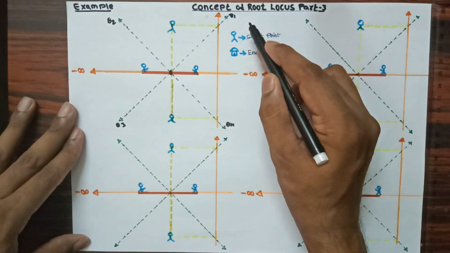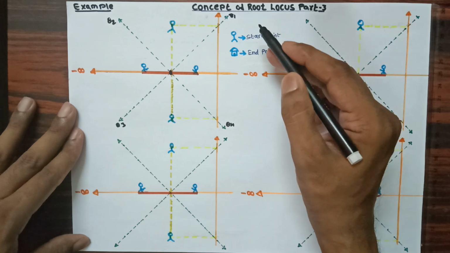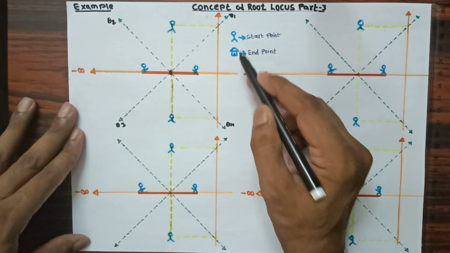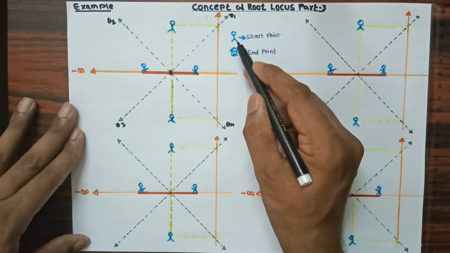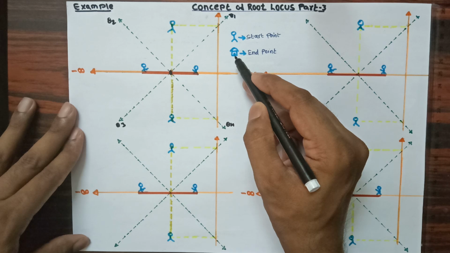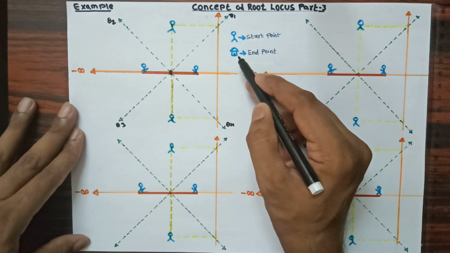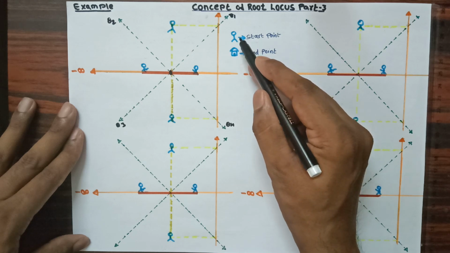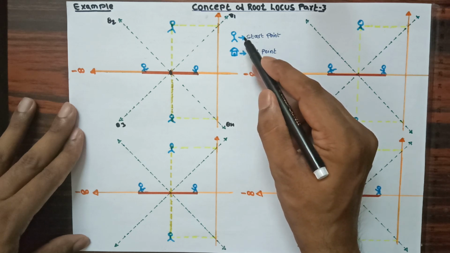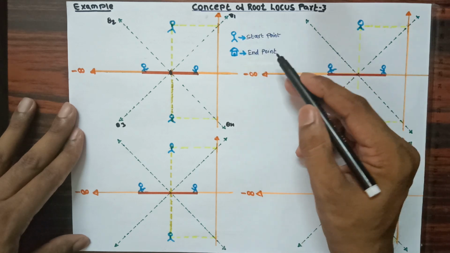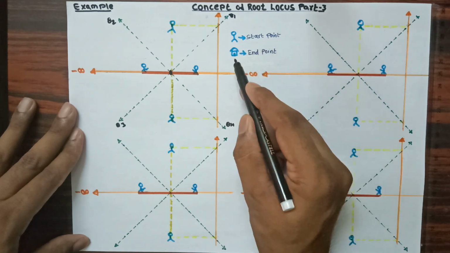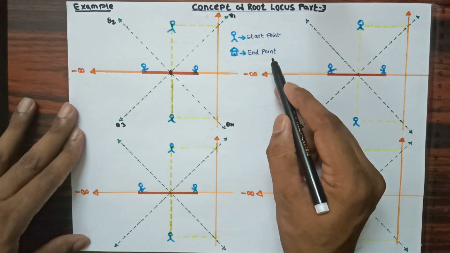To understand the concept of root locus, in this example for your understanding purpose I have considered a person and a hut. Based on my input instruction, the person has to move to his destination if a hut is provided. The hut will be his destination. If there is no hut, then the person will have to move in search of an infinite destination. In this, for the person we are considering the start point, and for the hut we are considering the end point.